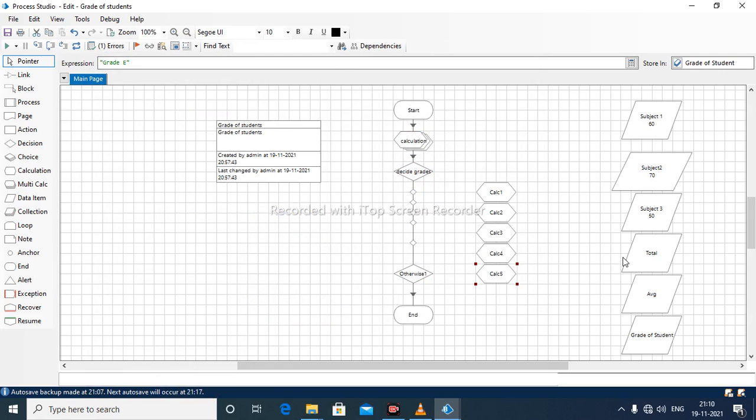So now I will connect all these dots with each calculation.